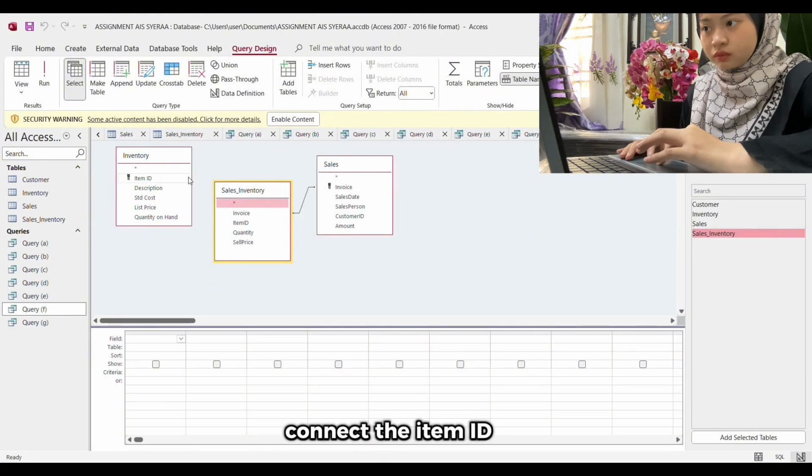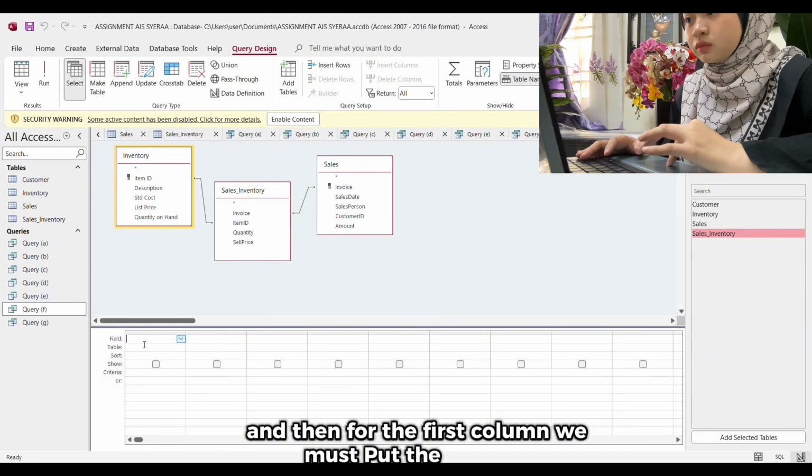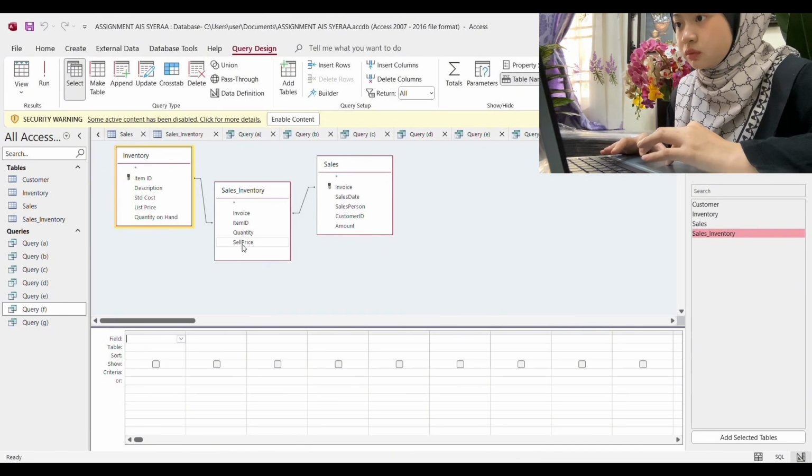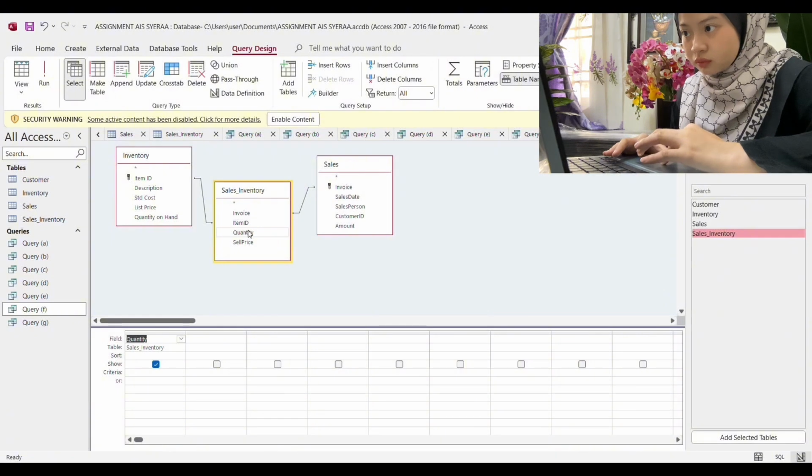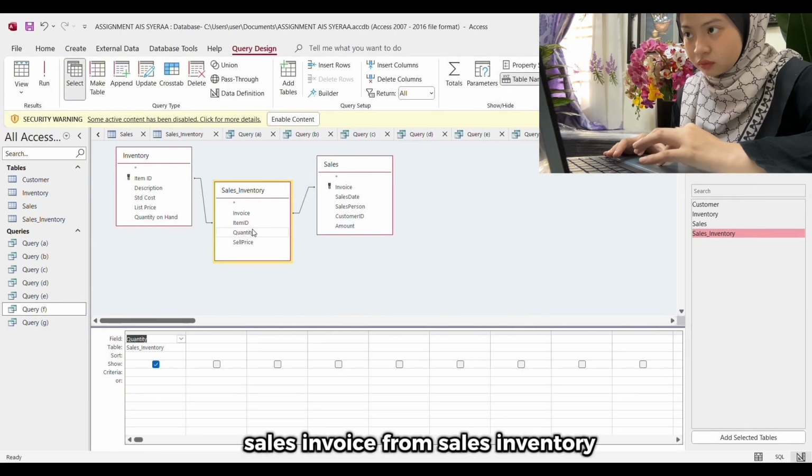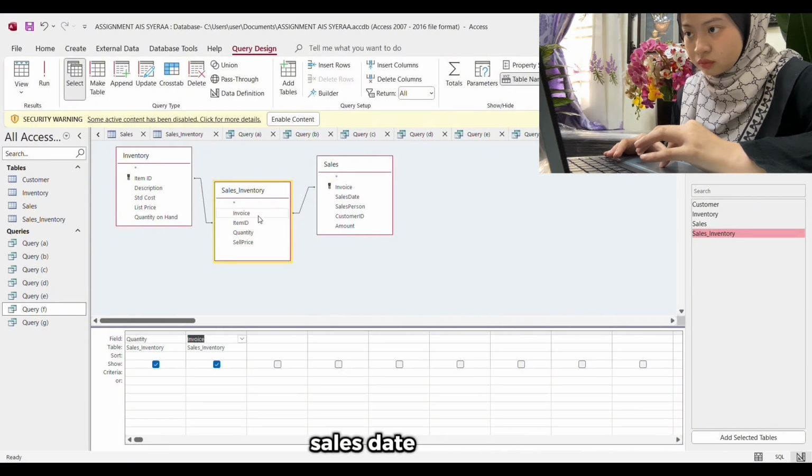Connect the item ID from inventory with sales inventory. And then for the first column, we put the quantity from sales inventory. After that, sales invoice from sales inventory, sales date from sales, item ID from inventory, sale price from sales inventory,